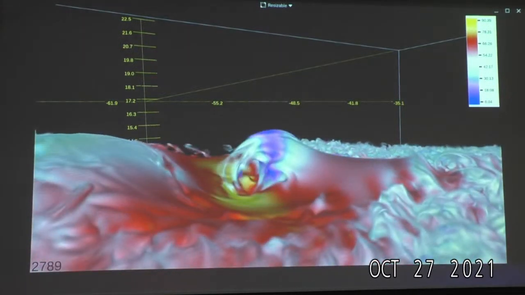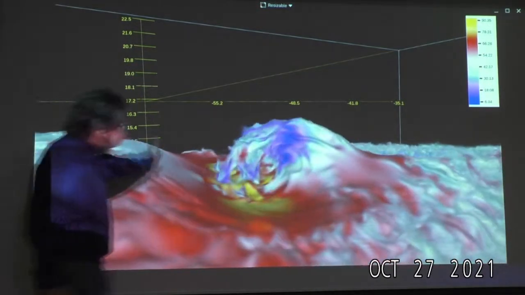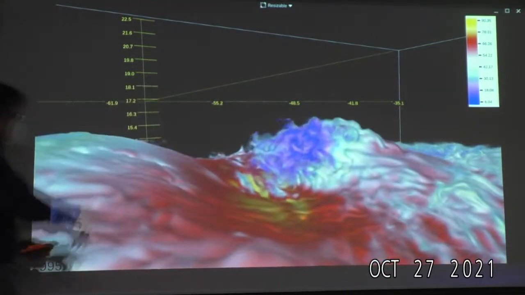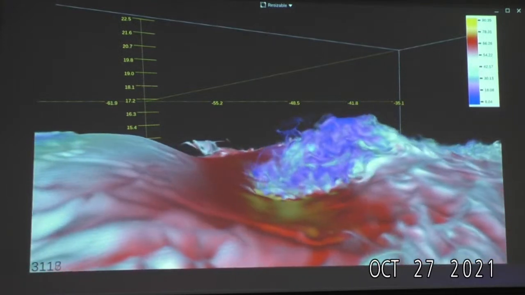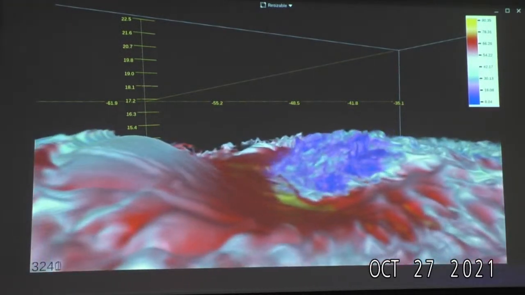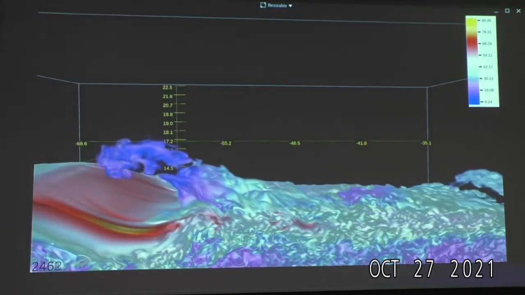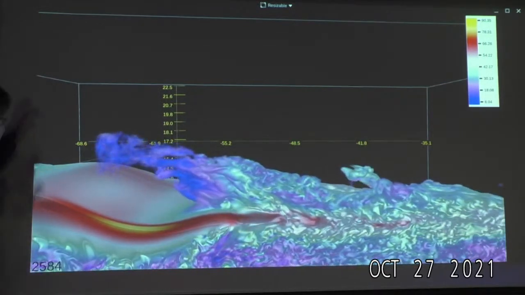Still a breaking wave. You can watch it in motion, you can stop it, but this is that region. So we're bringing in moisture from the troposphere, mixing it into the stratosphere, and some of this is irreversible, meaning once it gets there, it's essentially irreversible. They use the term irreversible. It's not necessarily meant literally, but it's going to take a long time for those molecules to get out of there.